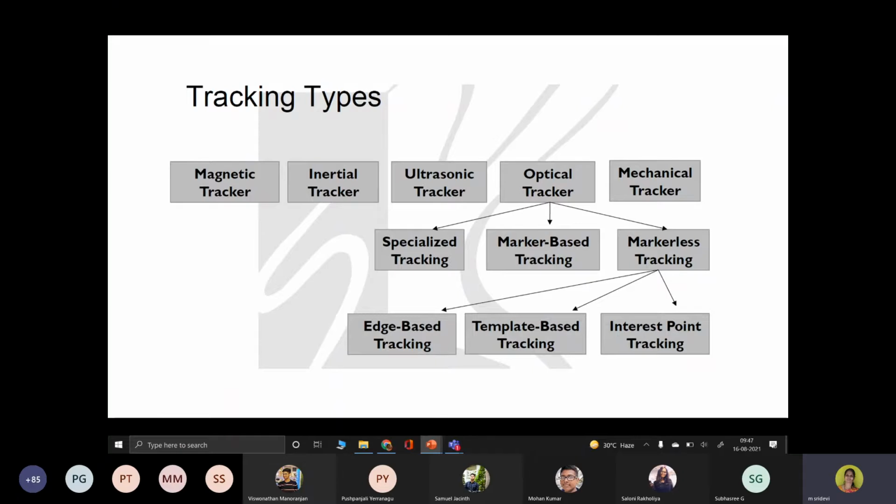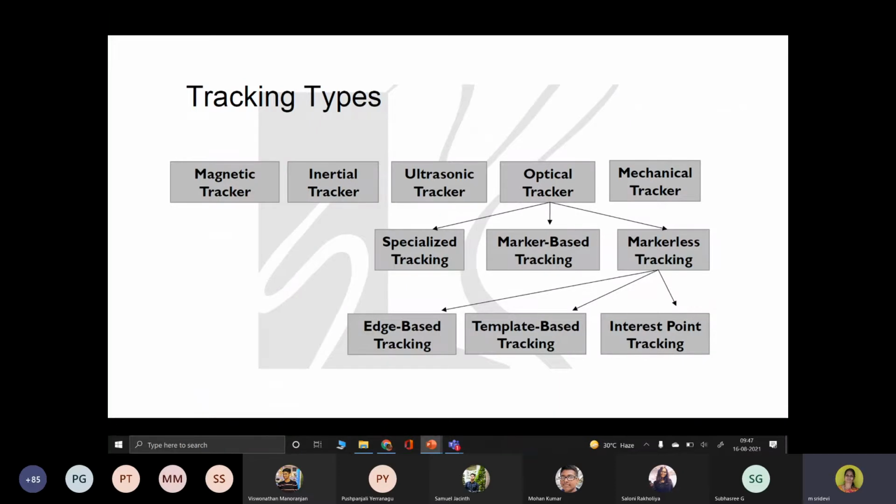Coming to the inertial tracker, it measures linear and angular orientation rates by which you can track the system. The main advantage of this is that it is small, cheap, and also wireless, and no transmitter is required here.